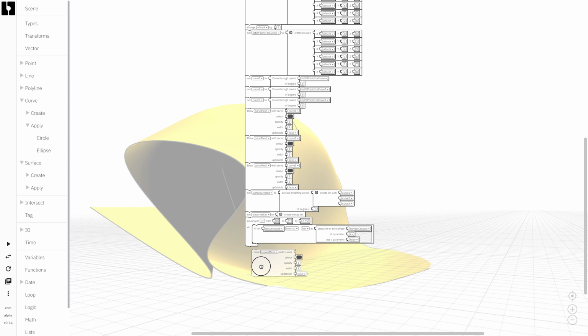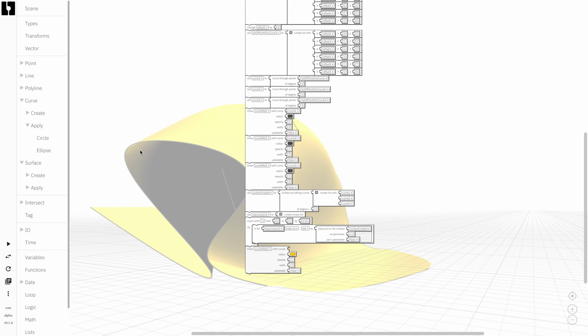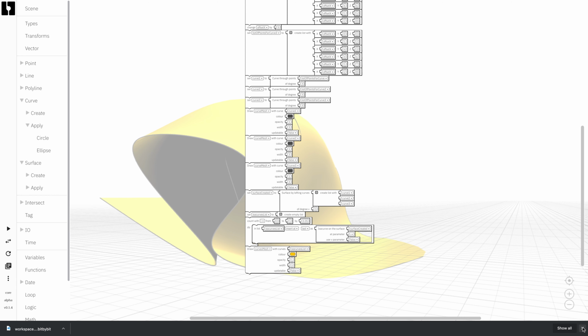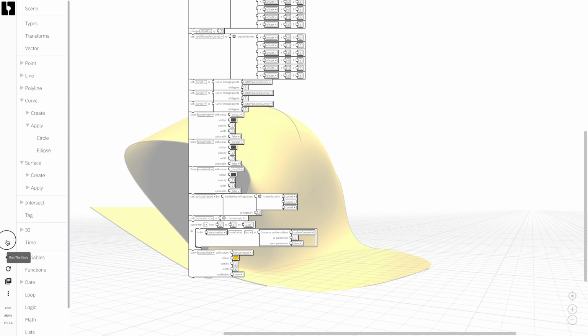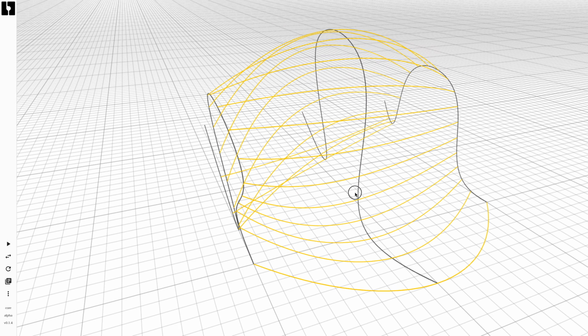So we will do this, we will draw the curve mesh, we will pick the color to be orange now, so instead of this surface we will see curves, and we will use the isocurve list variable to do that. Okay, so just to be safe, I'll export my code before I run it. I was coding quite a bit now, so just not to lose track. I will play it now, and you see that the isocurves were created,